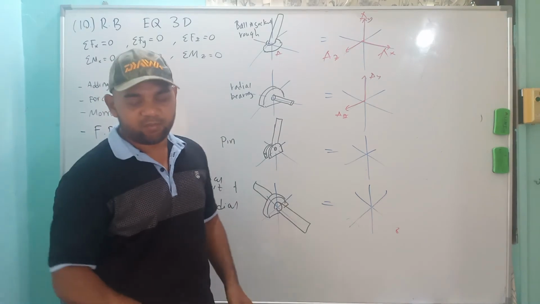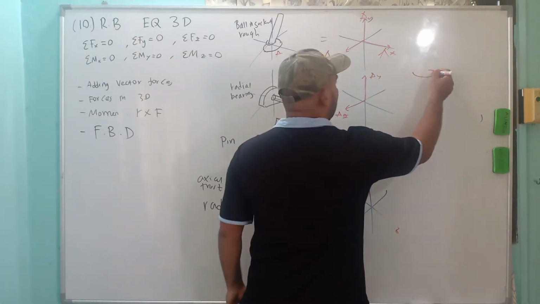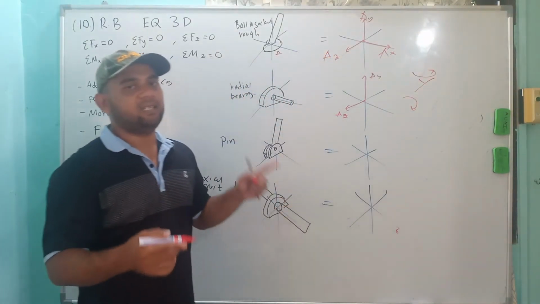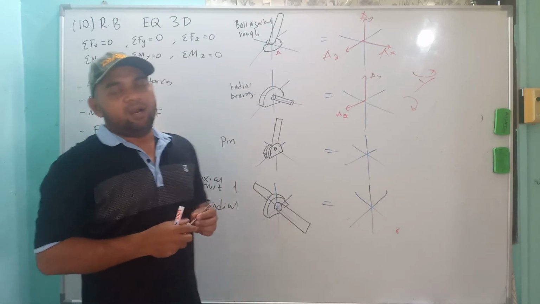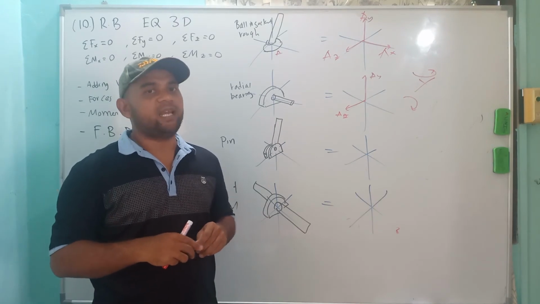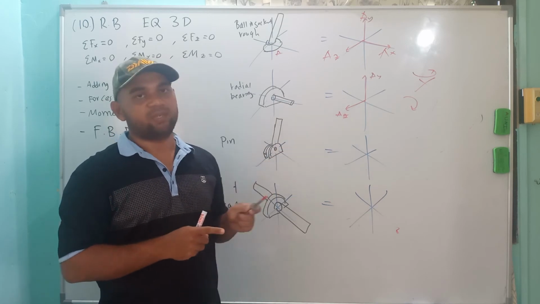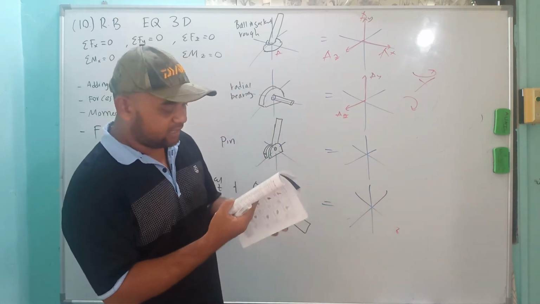Normally when you draw the free body diagram, we will not draw that moment in y and moment in z. We will not draw that one unless it is said there is a moment, because for this type of bearing, most systems will be designed so that the bearing itself will not cater for these two moments. So even though in this figure there are these two moments, it is explained here.